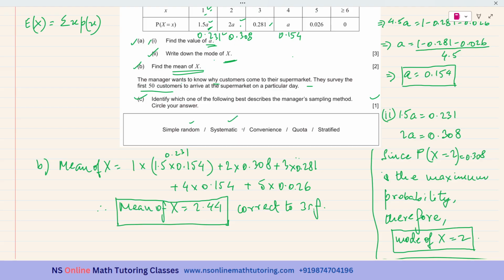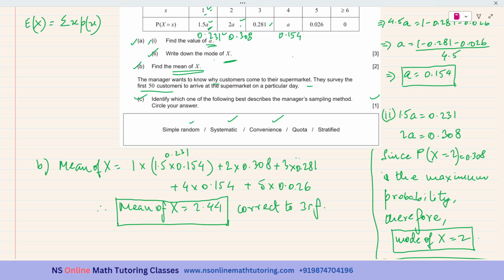Systematic sampling is maybe you are asking the first customer, then the 10th customer, then the 20th customer. This way, you're choosing the customers systematically. Okay,